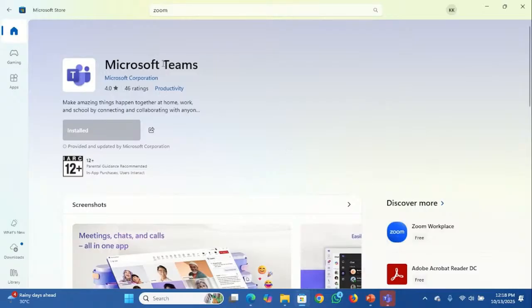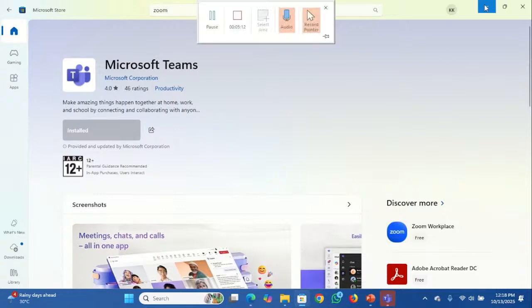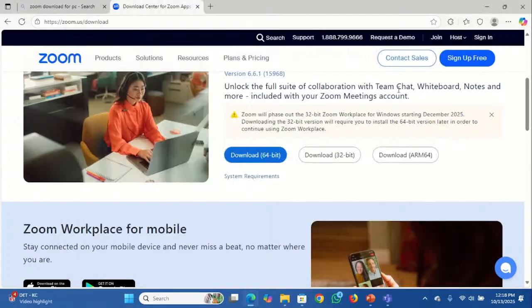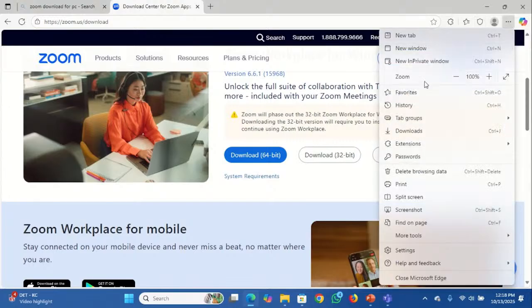Now it's the same thing that Zoom does. That's the same thing that Microsoft Teams does. Okay, so this Microsoft Teams is installed. Now I will set it up, but that's not what I'm here to do. What we are here to do is to check the download. This download is completed. So I'm going to check my downloads,